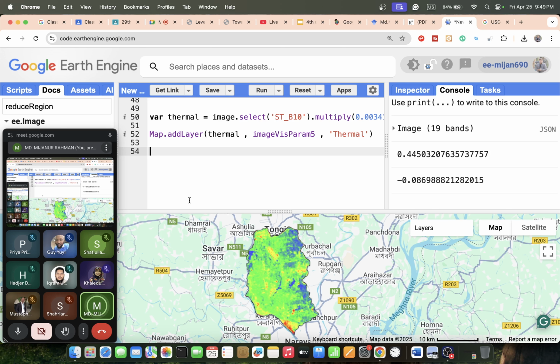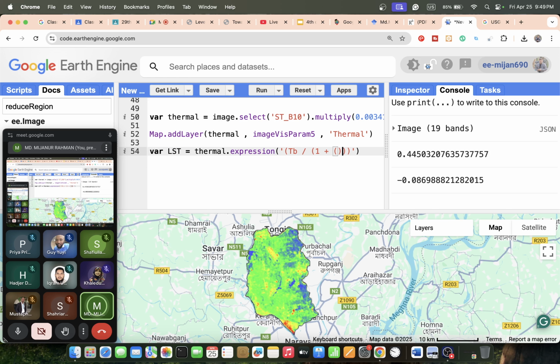Our expression is that TB, basically brightness temperature, this TB is divided by 1 plus, just normalize this value, we get 0.00115. Okay, and these things multiply